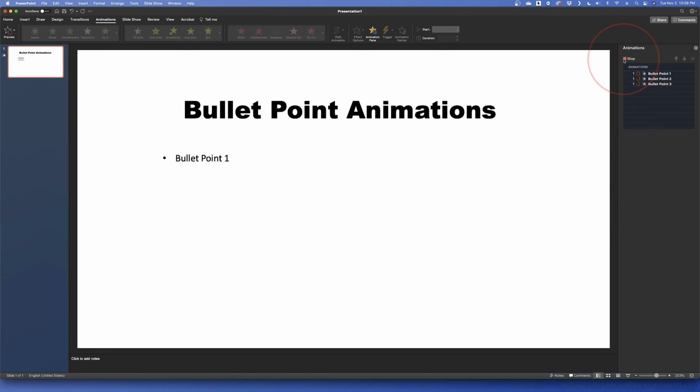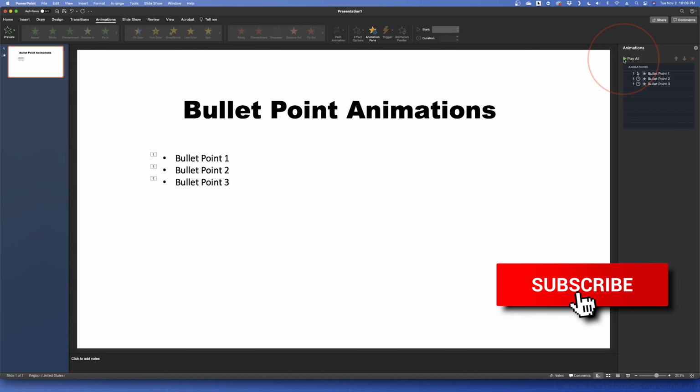You'll then see the animation play out and the text appear one by one. This is a super basic overview of how to do this, but now you should have an understanding of how it works and can customize it however you'd like. And that's how you make animated text appear one by one inside of Microsoft PowerPoint.